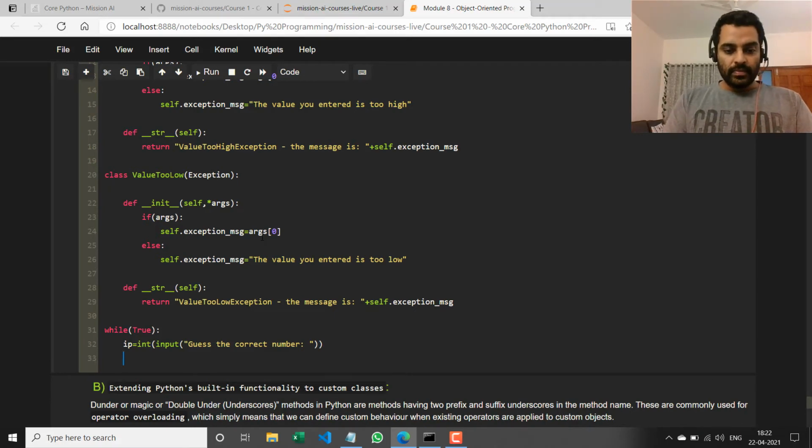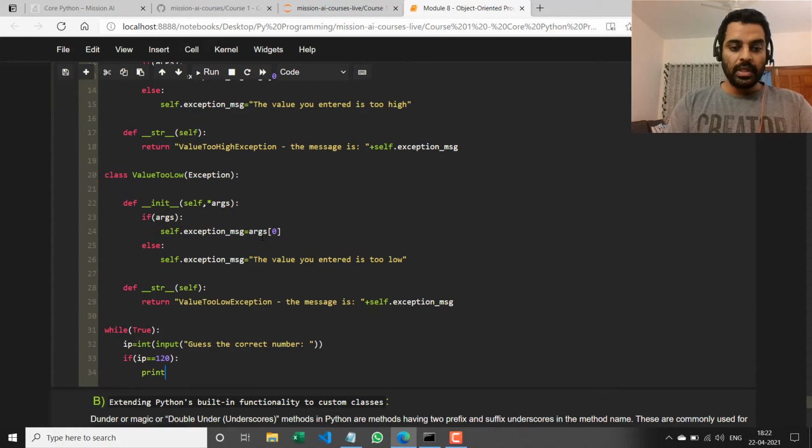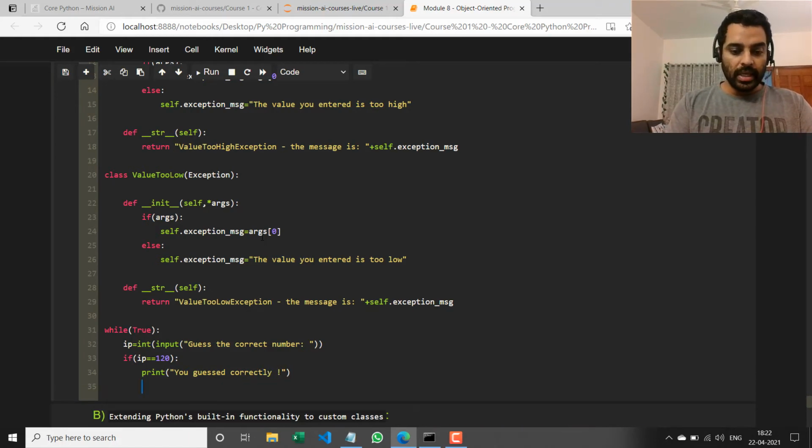and I'll say if ip equal to 120, then print you guessed correctly, and you can break from the loop, right?